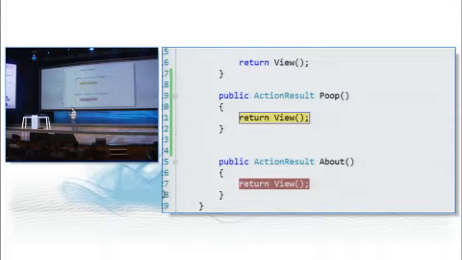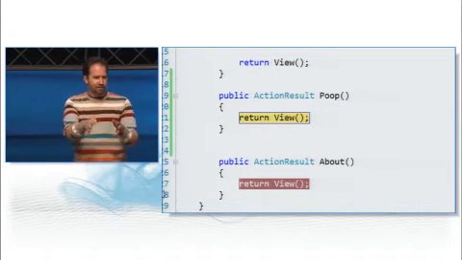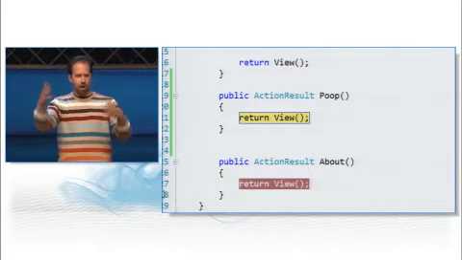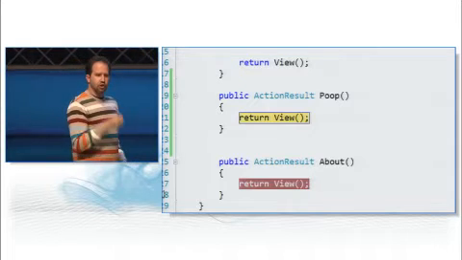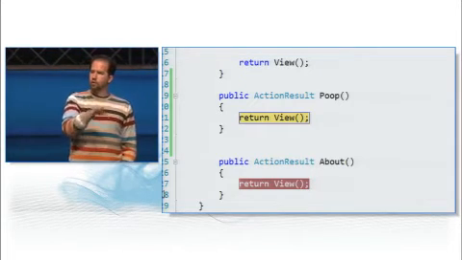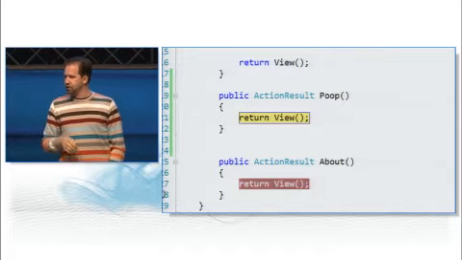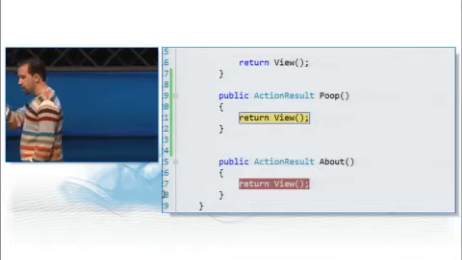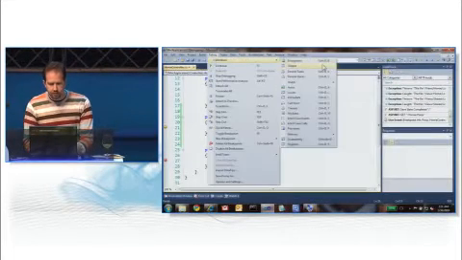In the old Microsoft days, I probably would have edited a config file, and there would have been some XML involved to do this right here. In order to map that URL to a particular method, I would be in the web config, and the web config would get really big. But right off the bat, we can see that there's a direct relationship so far between what's going on in the URL and what's going on in my application. Just by naming it poop and calling it from that URL, I show up here. So let's look at our call stack, figure out what's going on.